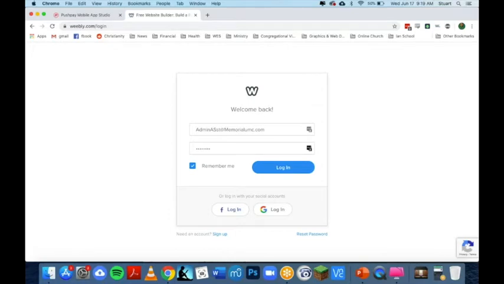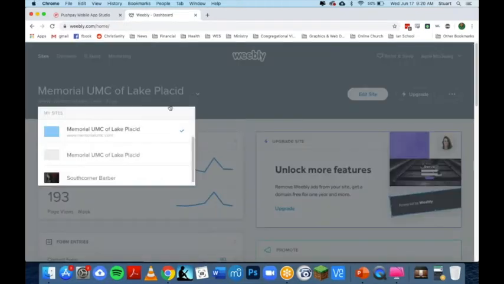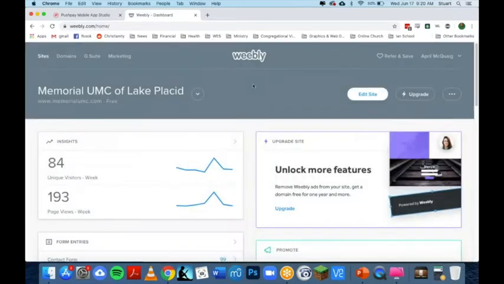Weebly.com, and log in. And if you need the login credentials, you can access those through the church office. And I'm going to click login. And that'll take us to our dashboard. And the only website that we have as Memorial United Methodist Church of Lake Placid is memorialumc.com. But if you had more, actually, I guess there are some templates down below, but none of these are published or anything like that. And so you don't really need to worry about that, but you can come over here and click Edit Site,